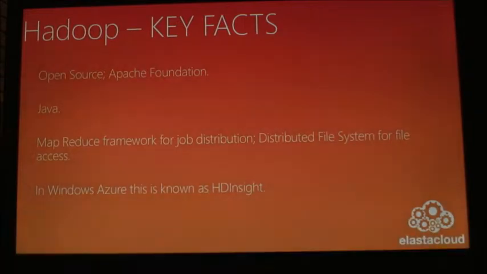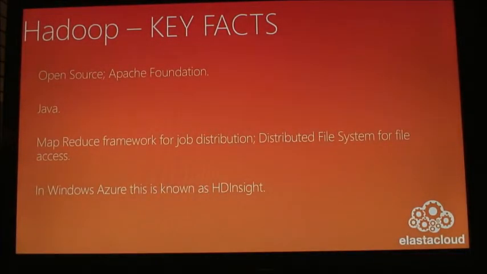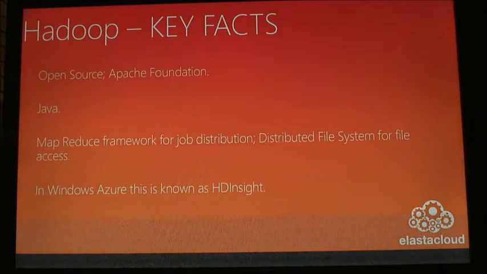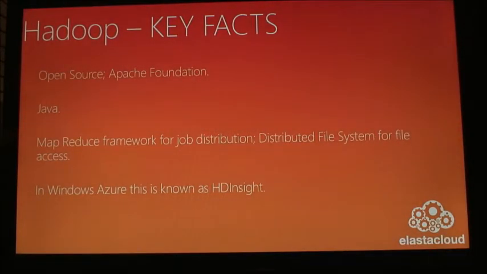First up, the elephant in the room all the time, it's Hadoop. Hadoop is an open source distributed compute framework. It's maintained by the Apache Foundation, and there are quite a few distros out there of third-party companies that have taken it and given it a certain flavor. So it might be a flavor which works better with Windows or with a particular type of Linux. It's written in Java, and it effectively is a MapReduce framework for job delivery and a distributed file system for